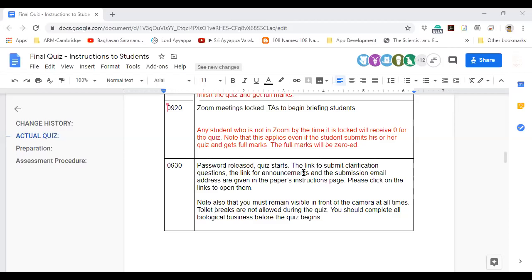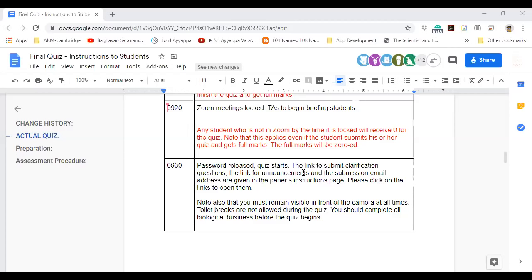If you have anything you want to clarify, you have to do it in those links. There is also a link for announcements, and of course the submission email address.